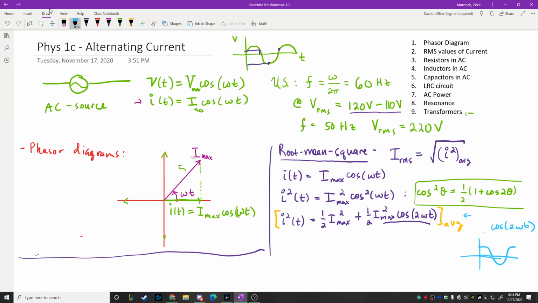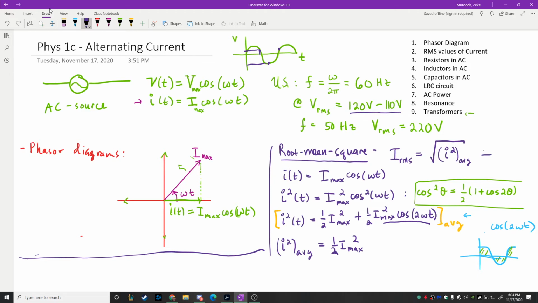There we go. The point is that if you average over one cycle for a cosine function, half the time it's above the axis, so it's positive. Half the time it's below the axis. And so what that means is if you average over one cycle, you basically get 0. So when we do this averaging process, if I do I squared and average that, what I get is 1/2 of Imax